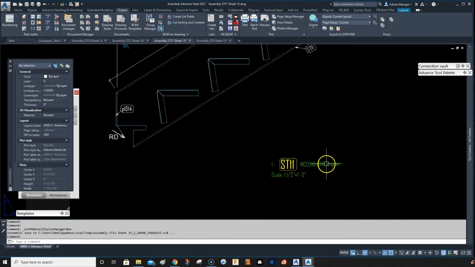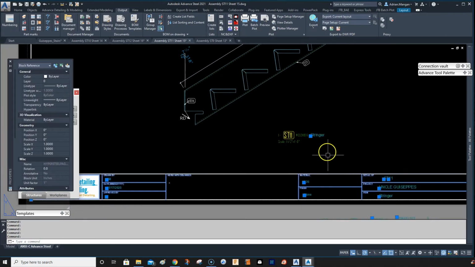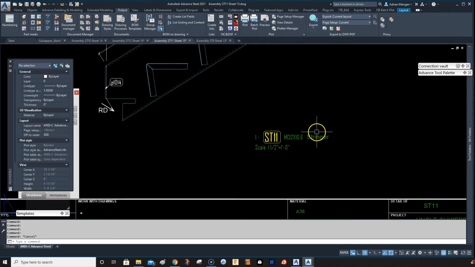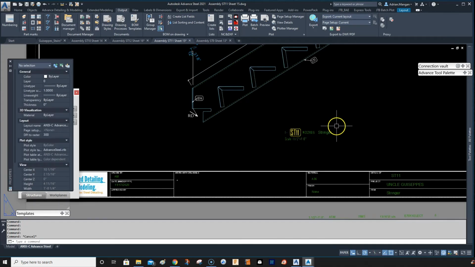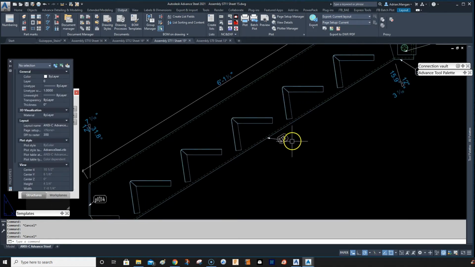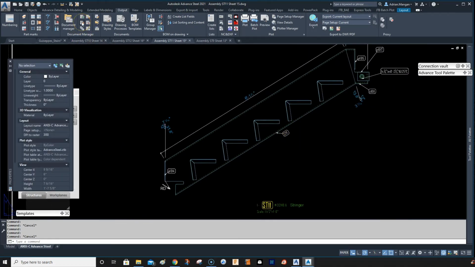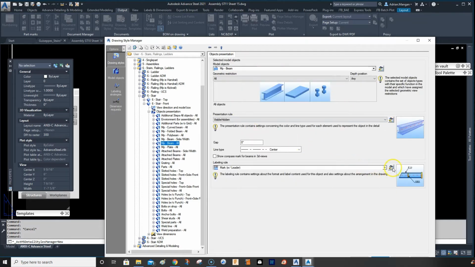So I've already added the stringer here as a token, which is part of the title block. So that works that way, and you have the model role comes in here. And then another way you can do it is, we can change this label which comes in. So if we go to our drawing style, and we want to go object presentation, this one here, and we want to go to main part beam all, main part beam, and we want to go to